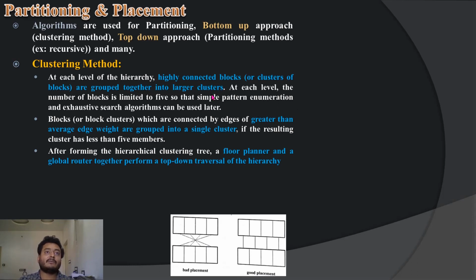For now, understand that highly connected blocks are grouped into large clusters. After forming the hierarchical cluster tree, the floorplanner and the global router take care of the other aspects. So remember: in clustering, highly connected blocks are grouped together in larger clusters.